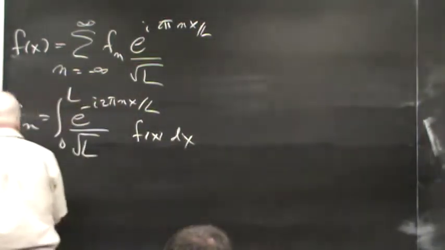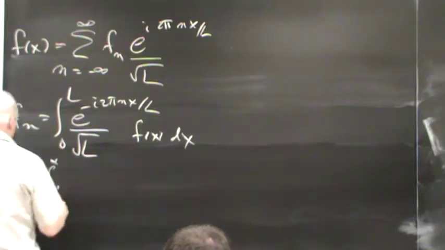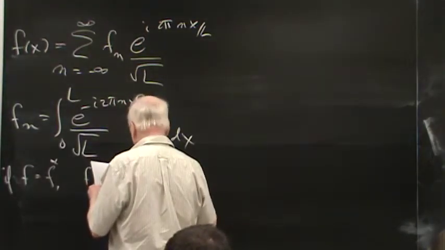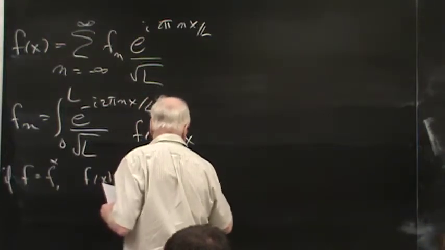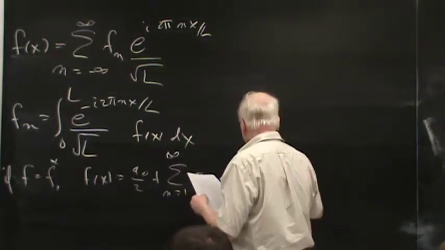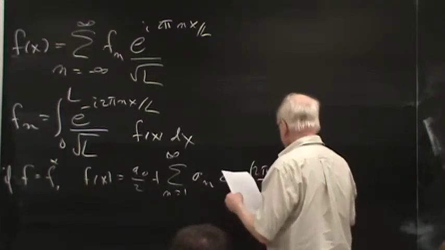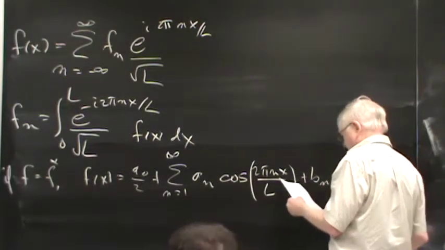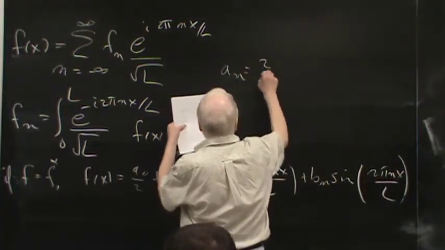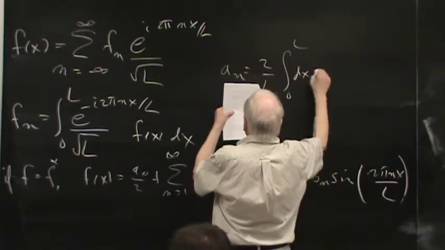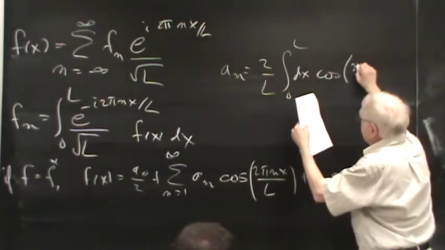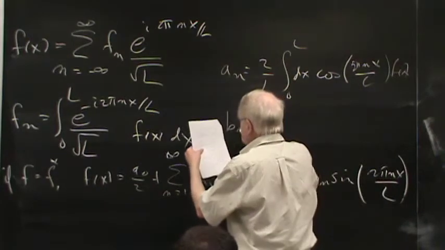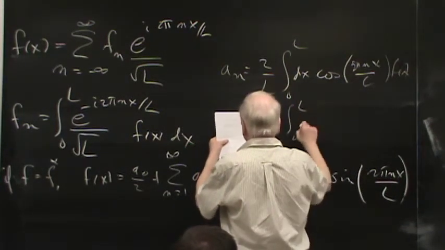So if f equals f star, then we can say f of x is a0 over 2 plus the sum from n equals 1 to infinity of a_n cosine of 2 pi n x over L plus b sub n sine of 2 pi n x over L. And you get a sub n is 2 over L, integral 0 to L dx cosine 2 pi n x over L times f of x. And b sub n is 2 over L, 0 to L dx sine